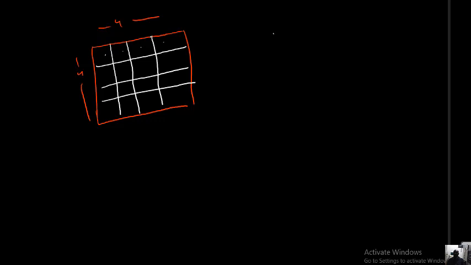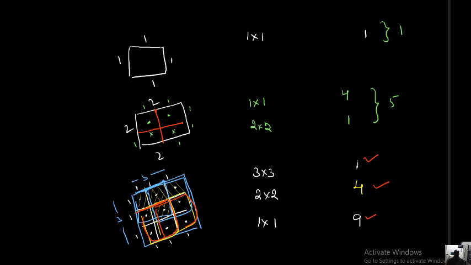So now I want to generalize. First of all, 4 by 4 area squares are only 1. Next 3 by 3, next 2 by 2, next 1 by 1. Like that I will count. So 1 by 1 is obviously 16. Okay, 3 by 3, according to this explanation, observe. First 3 by 3 is 1, 2 by 2 is 4, 1 by 1 is 9, so the size is decreasing. 3 by 3 means 1 square. 2 by 2 means 2 squares. 1 by 1 are 9, that is 3 squares. Here also, 2 by 2 means 1 square, and 1 by 1 means 2 squares.